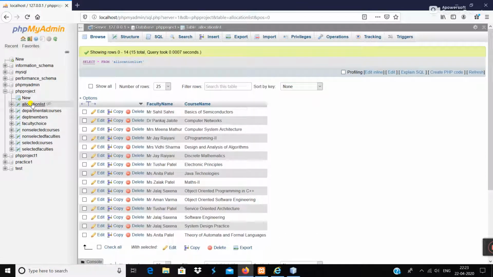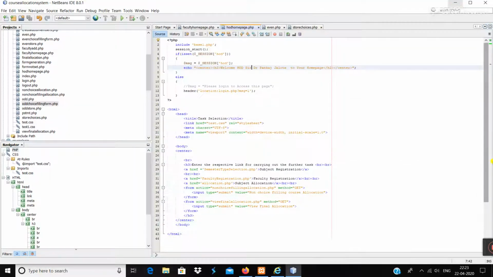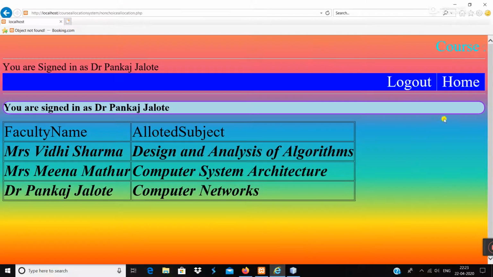Let me show you. You can search Dr. Pankaj Jalote, Computer Networks, Miss Meena Mathur, CSA, and Miss Vidhi Sharma, DA. So they are expert in these subjects. That's what we have assumed. They were not a part of